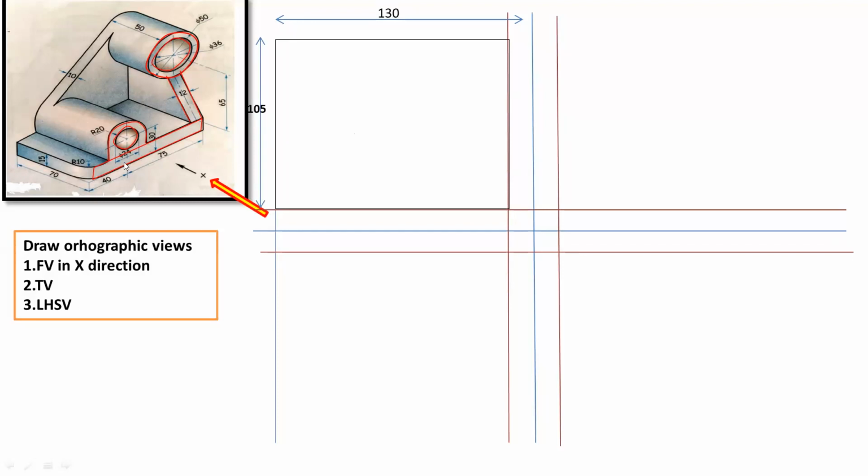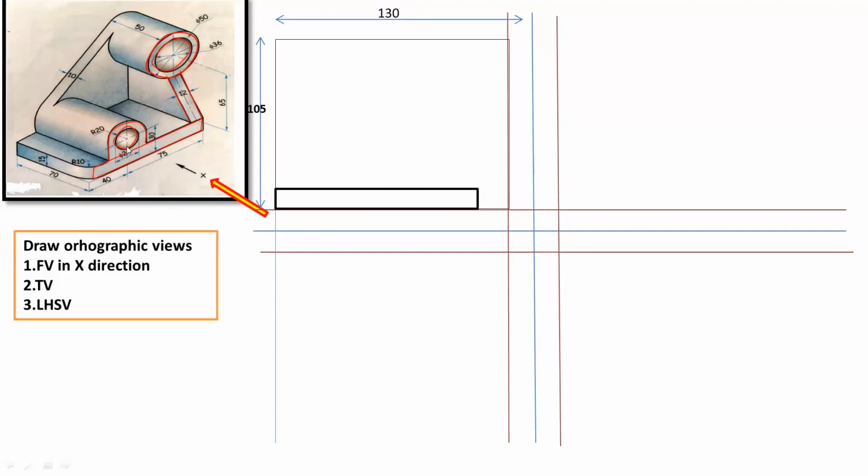Now to start the front view, you can start from the left corner. Okay. So from the left corner, if you observe here, you can draw this rectangle. That is one visible geometry. Okay. So for this rectangle, your dimension will be 40 plus 75 and height is 15. So this is the rectangle. So this height is 15 and its width is equal to 105. Sorry, 115.